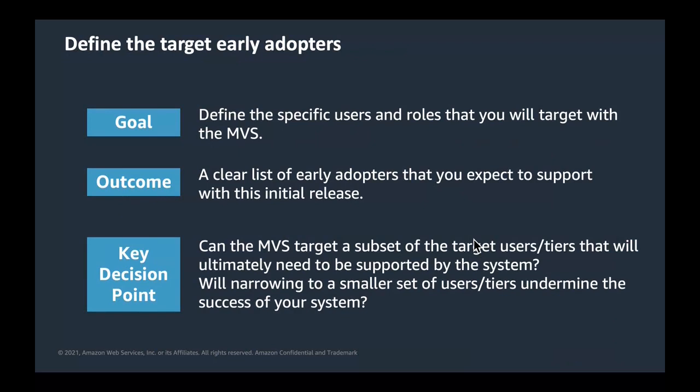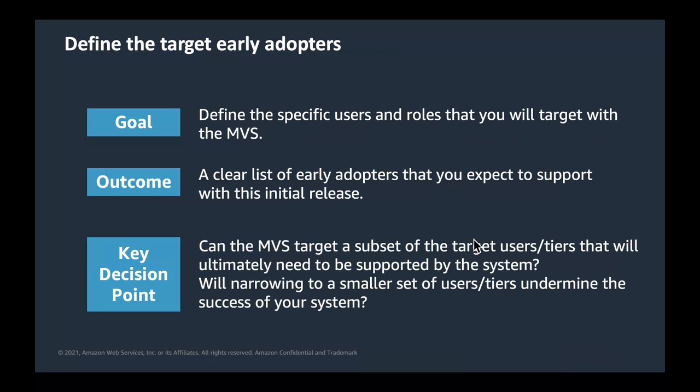So when you start with early adopters, I think in the last couple of weeks we've been talking about journey mapping, understanding your personas, your customer journeys, and this really applies anywhere from your business case development to go to market, and also in this whole MVP MVS process. So the first step is just defining the early adopters, and the idea here is that early adopters could be a subset of your total addressable market. With your MVP, you don't necessarily need to target each and every customer you plan to target maybe in the future.